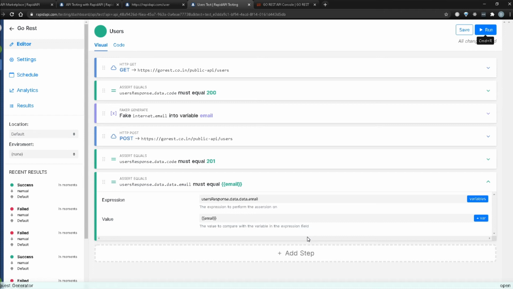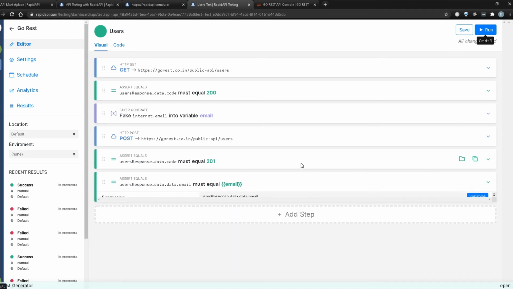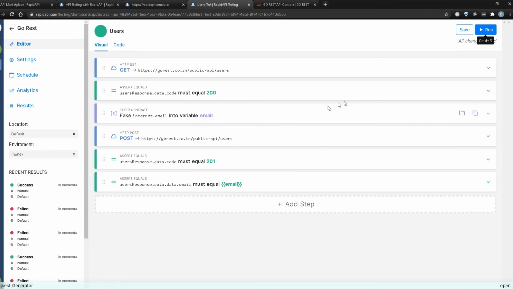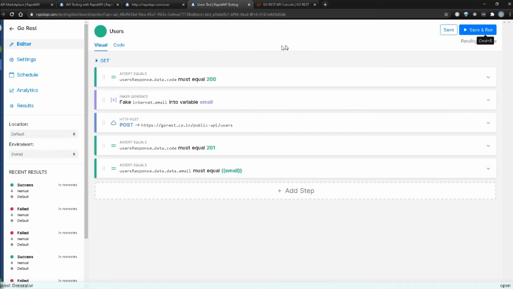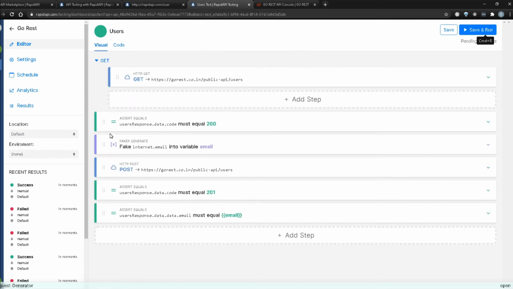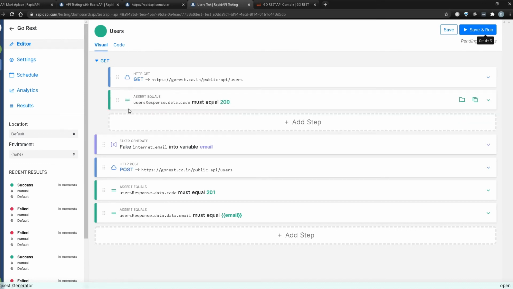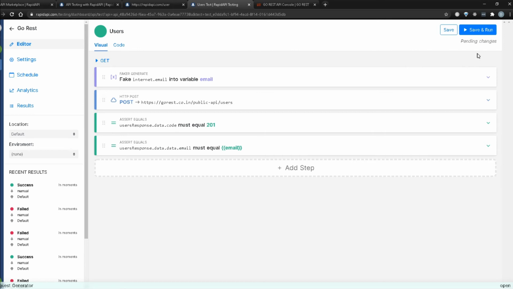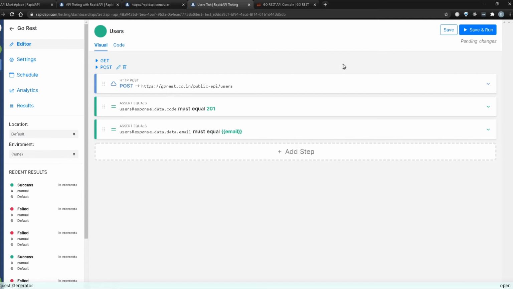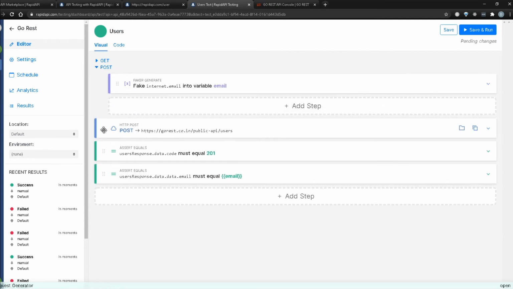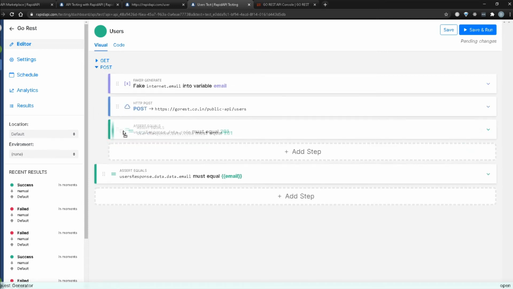Now what I can also do is, other than just asserting this, I can group my test. If you notice it's getting a little bit untidy over here, I can create a folder called a group. And then I can call this one, let's say my get test. And I can actually store this over here. I'm going to move this one underneath this. And then I'm going to create another one for my post. I can do that over here. Just call this one post. And then I can put all of this over here too.